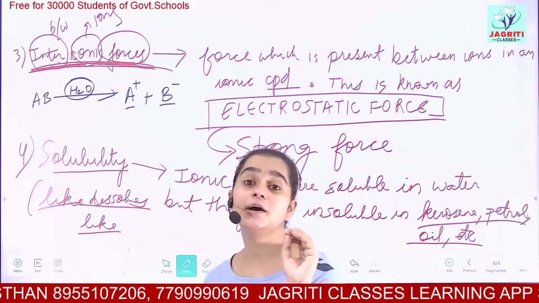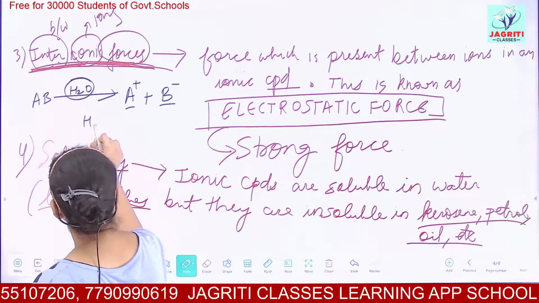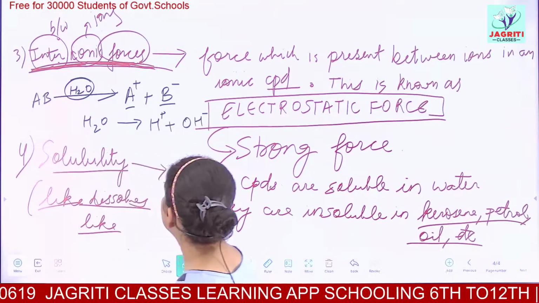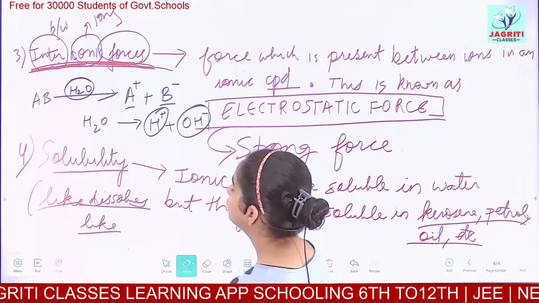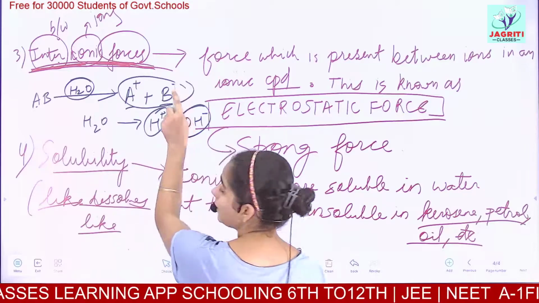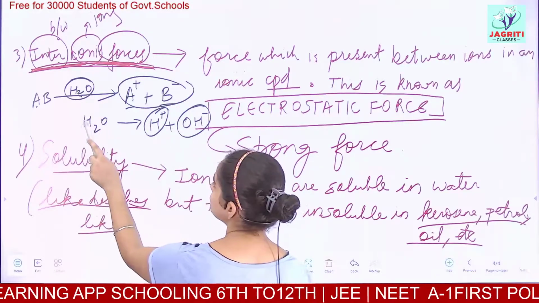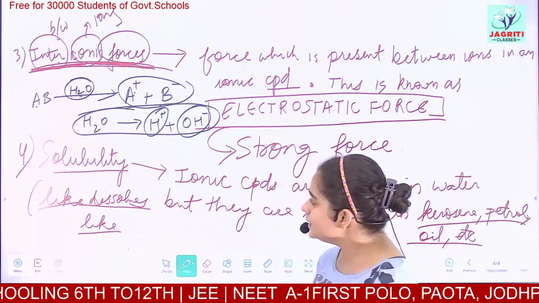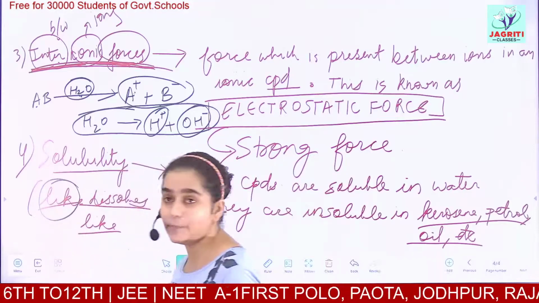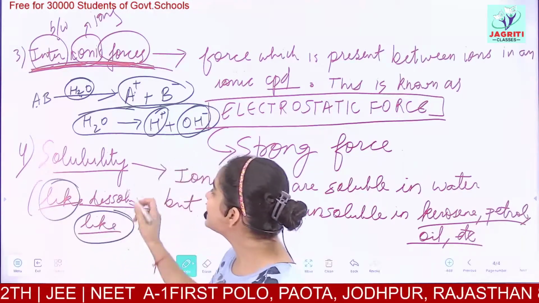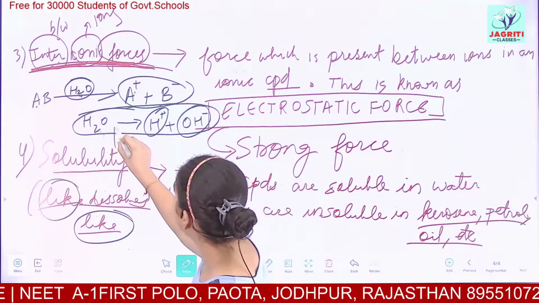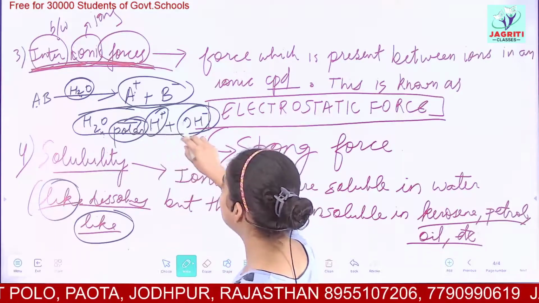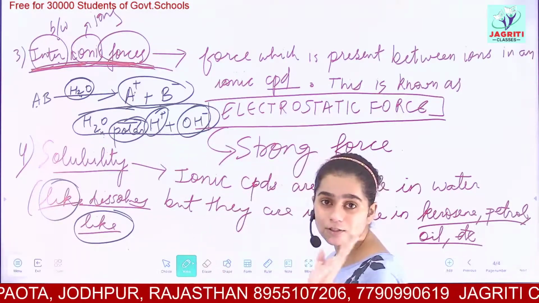And we have water here. Water is also made up of ions. So if I dissociate water, I would get H plus and OH minus. As you know, this ionic compound is made from ions, and the solvent we are using is also made from ions. So both of them have ionic nature. Such solvents which can break into ions, which can be broken down to produce different ions, are called polar solvents.